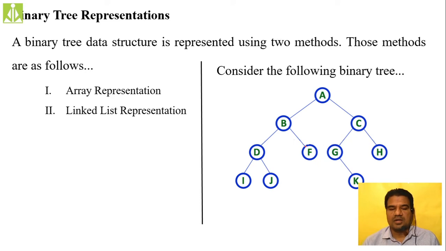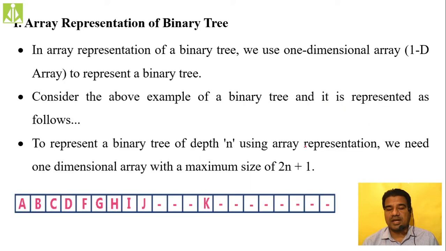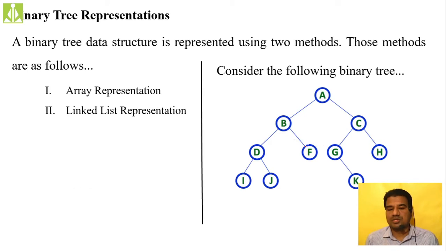study. Okay, so the next thing, in order to represent a binary tree data structure using an array, we follow this approach. We use a one-dimensional array basically to represent a binary tree data structure. So consider the same example whatever we have studied over here. How many nodes do we have in this tree? 1 2 3 4 5 6 7 8 9 10, we have 10 nodes.